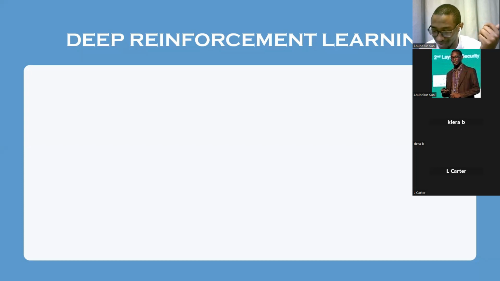So we train our brains to get the appropriate outcome. Yes, it is. That's how reinforcement learning works: to get the appropriate outcome, you keep doing it by trial and error until you figure out the pattern of getting a good outcome. All right, so deep reinforcement learning is one of the techniques.